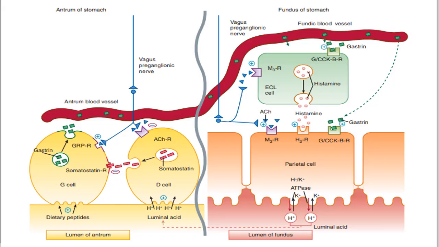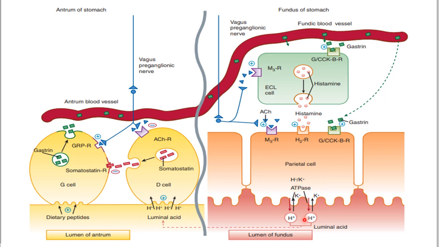This is a very beautiful picture to explain the synthesis of HCl, but you don't have to memorize it and you don't have to practice it. You won't be getting this diagram in your exams, but it is very important to understand, okay? So what is shown here, the important thing is that HCl is secreted from the parietal cells. And the parietal cells are stimulated by acetylcholine, histamine, and gastrin to secrete HCl, and it is then secreted across the parietal cell canalicular membrane by the proton pump into the lumen.